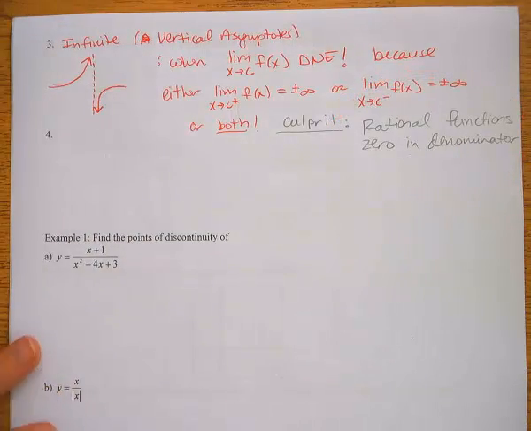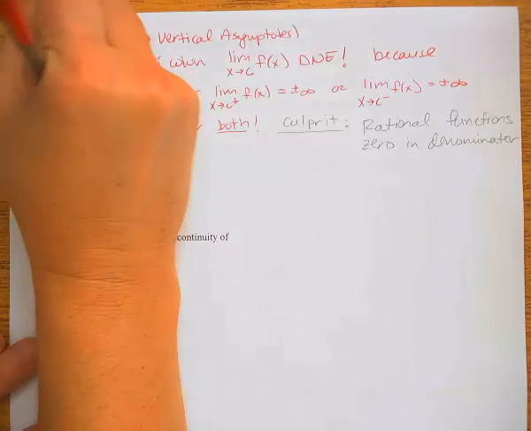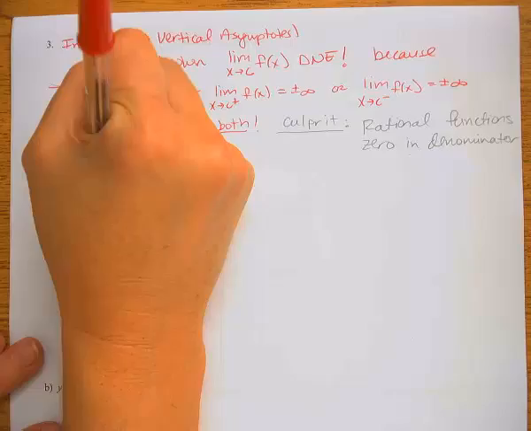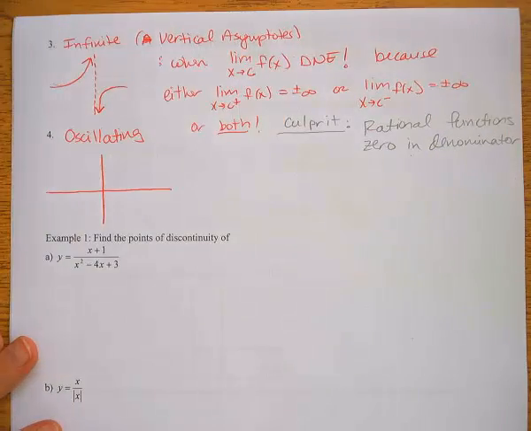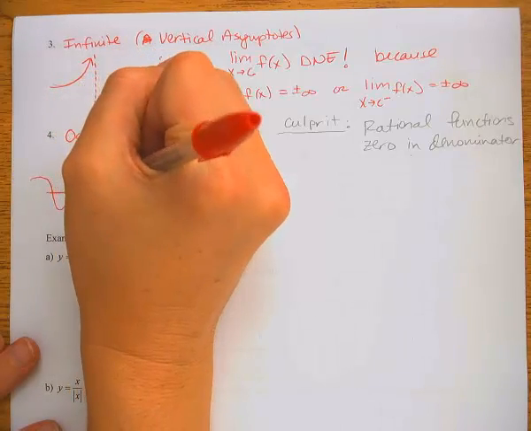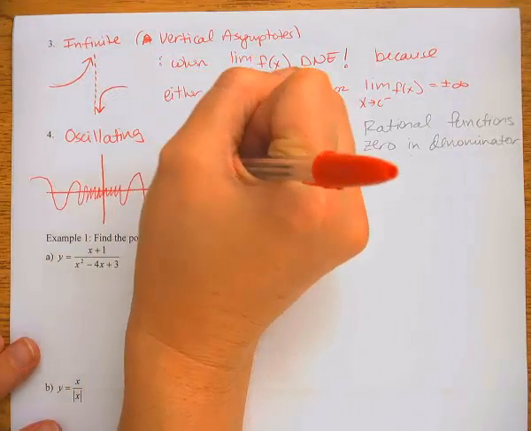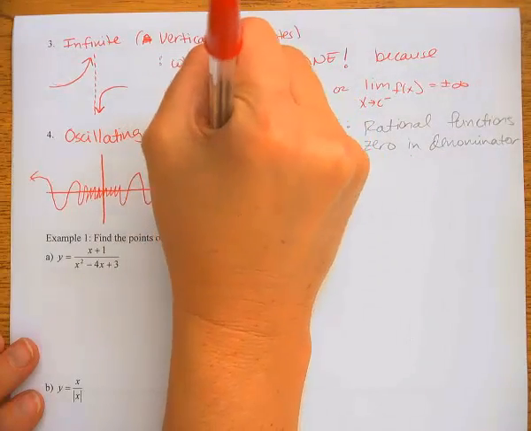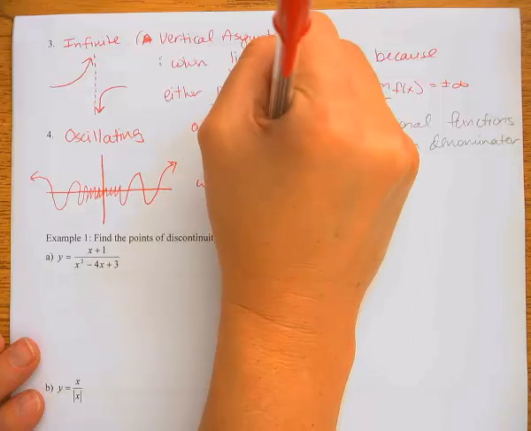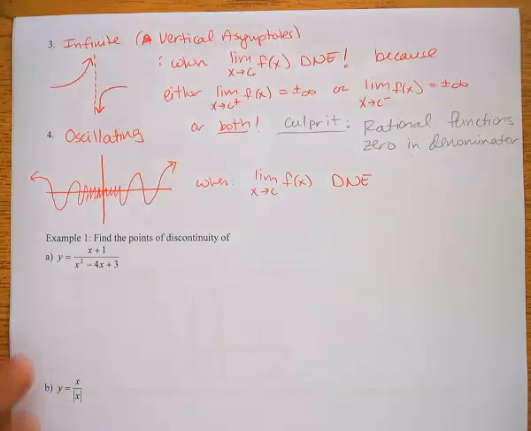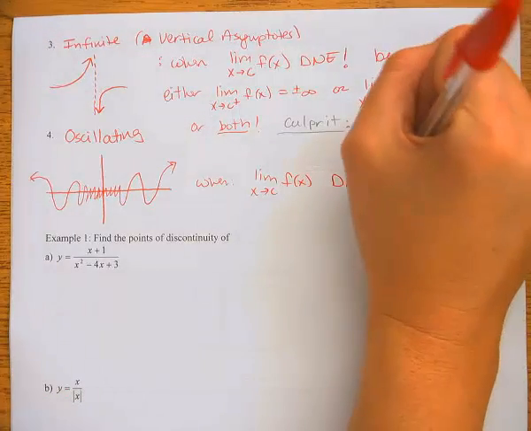The last type of discontinuity is called an oscillating discontinuity. And this one we won't encounter too often. Every now and then we'll encounter it, but not too often. But that's when you have a function that starts oscillating so fast that it's hard to pinpoint the limit. So this is when the limit as x approaches c of f of x does not exist, not because it's infinity, not because the left hand does not equal the right hand, it's just because it cannot be determined